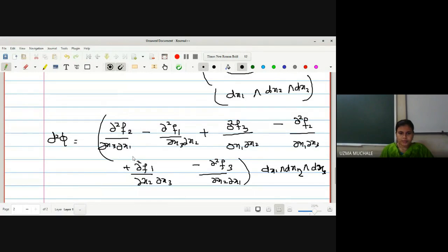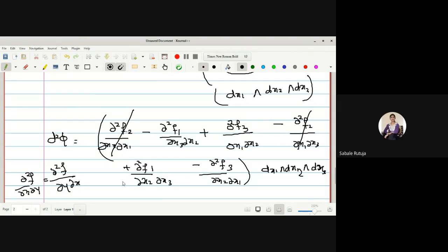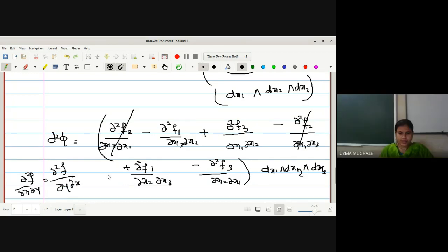Okay, now which terms will get cancelled? x3, x1 is there. Here is also x3, x1 with respect to f2. So these two terms get cancelled, positive, negative. x3, x2 is there. Here is x2, x3. Everyone knows that, right? dou 2 f by dou x dou y is equal to dou 2 f by dou y dou x. Yes, no? Yes, ma'am. So we can evaluate. This term will get cancelled, and again these two terms will get cancelled.